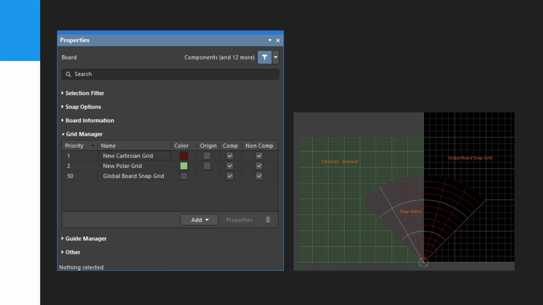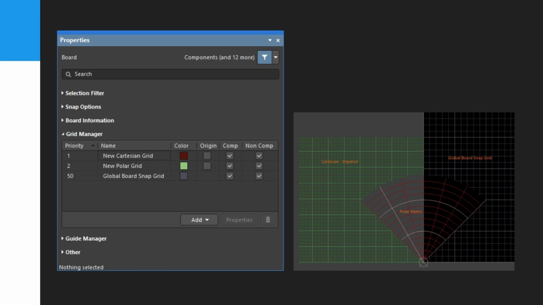Support for multiple grids. Here, Altium Designer allows multiple snap grids to be defined. There are two types of grid supported. We have Cartesian, which is the traditional vertical or horizontal grid, and we also have polar, the circular grid. As well as defining the type of grid, you also define the area where the grid applies. Note that the default grid always applies to the entire design space even though it is only displayed over the